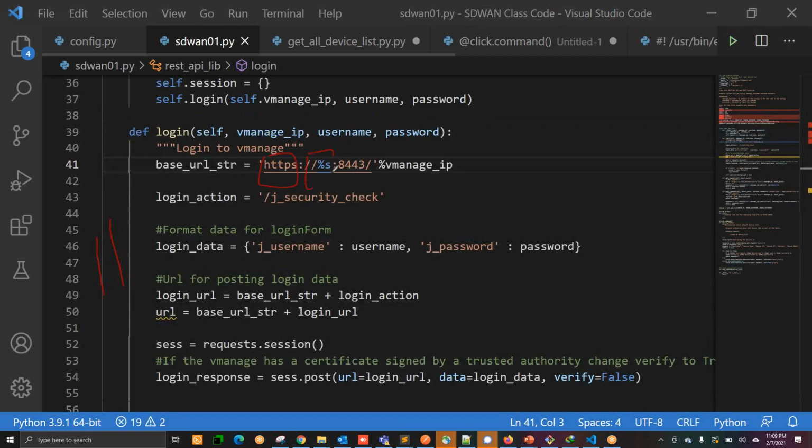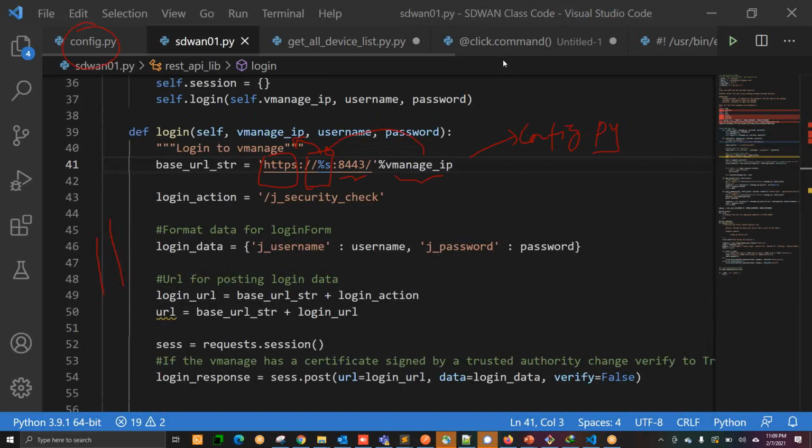This S is a variable that is going to call the vManage IP. That's a string. Then the port number and then the vManage IP. So this is going to be called here. And this vManage IP we are putting inside the config.py file that I will call from some other place here. Okay, so this thing here is actually very simple to understand in terms of logic.